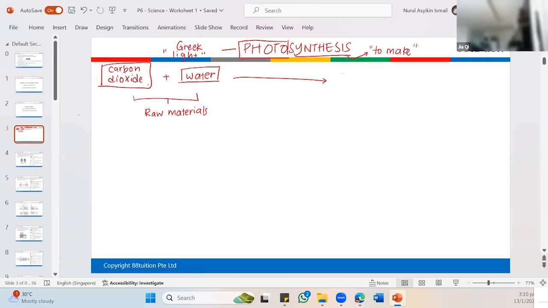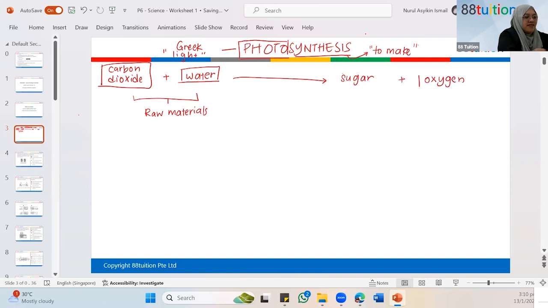Oxygen and sugar. Oxygen, all right. So I'll put sugar, is it you say? Can? I'll put here sugar. And then you give me two. I asked for one, you give me two. Very good, value added. Okay, oxygen and sugar.